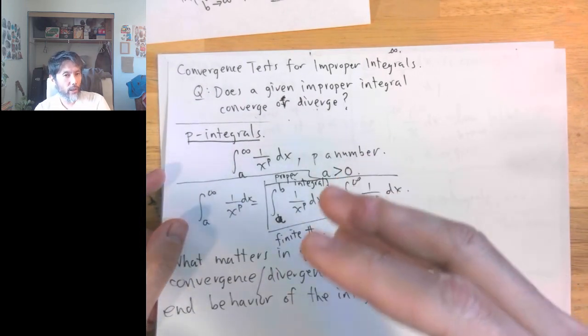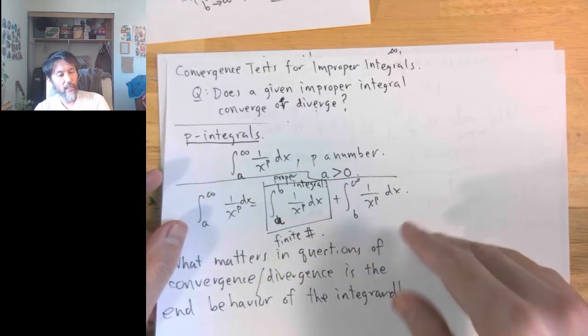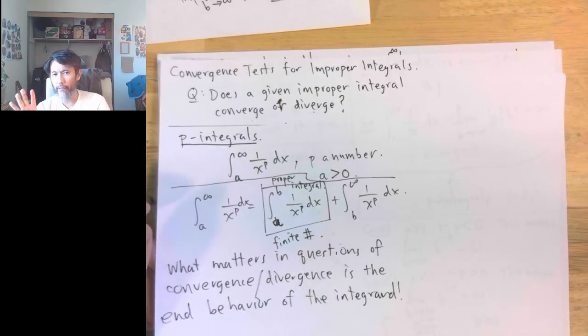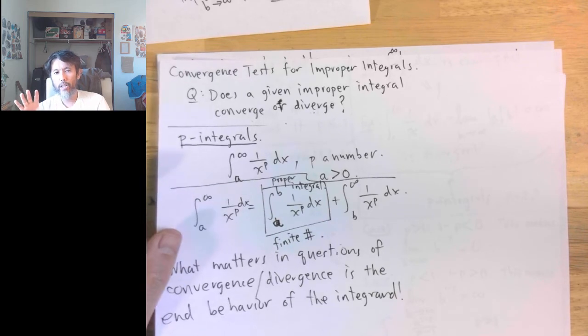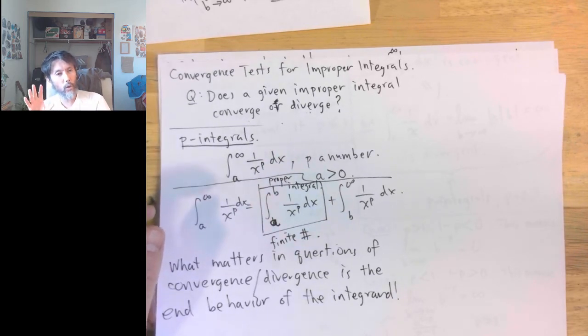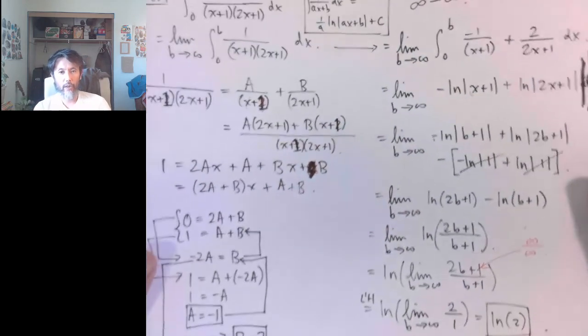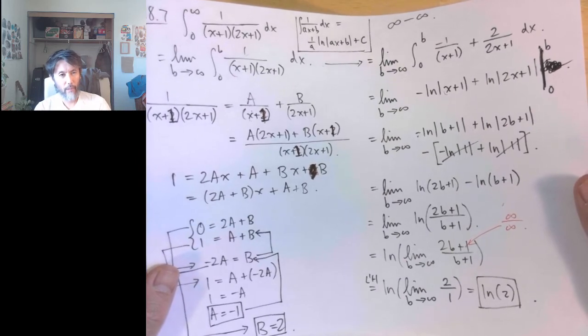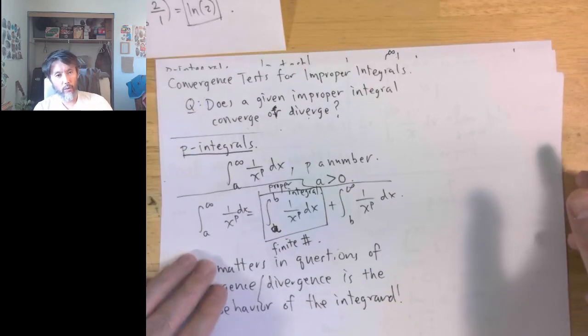The question as to whether it converges or diverges, period, does not necessarily require, this is what I'm asserting, I haven't fully made the case to you yet, but the question of whether an improper integral converges does not fully require us to do this monstrous calculation that we did here. Instead, what this requires us to do,